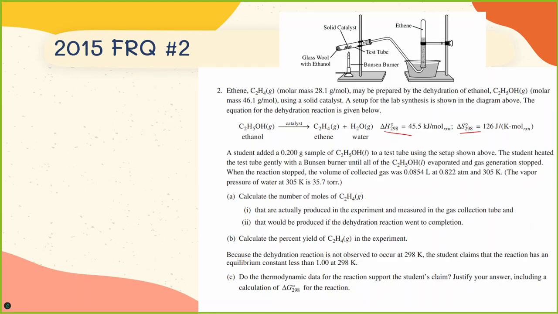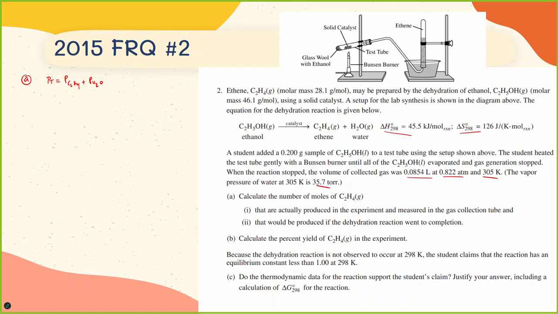When the reaction is stopped, the volume is collected. Here's the liters, here is the pressure, and here is the temperature. But they also tell us the vapor pressure of the water is 35.7 torr. Calculate the number of moles. So for A, the first thing you need to remember is that P total is going to be the P of our gas, which is the C2H4 being collected there, plus the pressure of the water vapor,